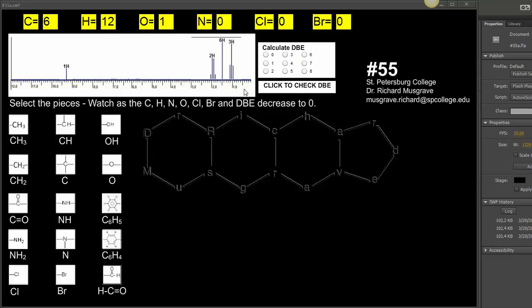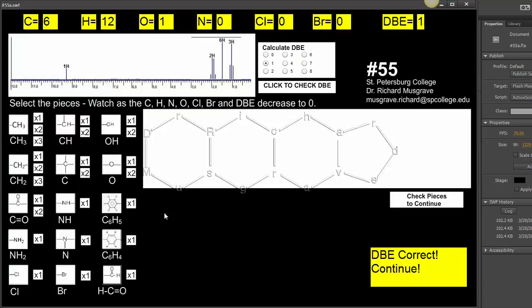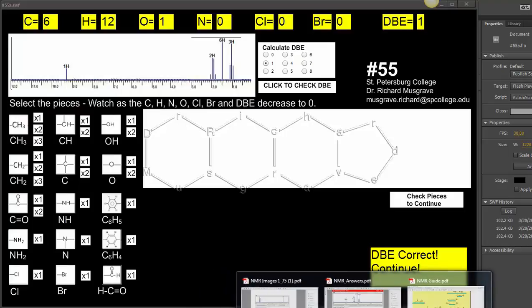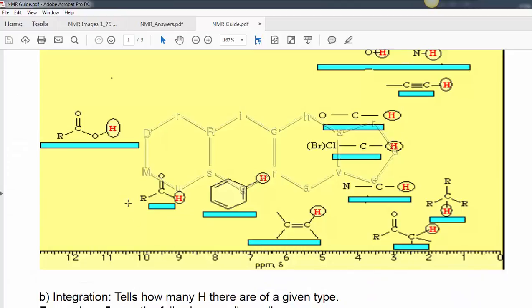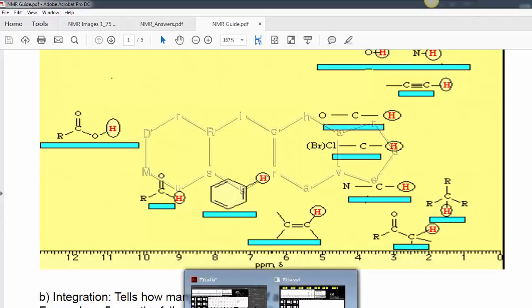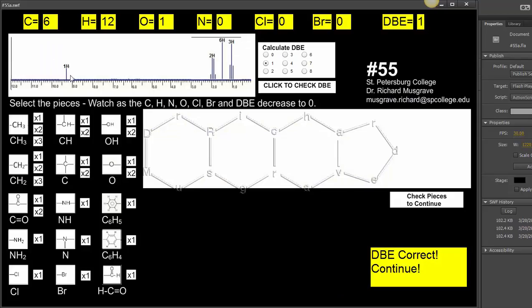This one is C6H12O. It has one double bond equivalent. We're looking at the pieces here. We see a 1H in the 9 to 10 region. Now that's usually going to indicate an aldehyde group because of where it is. But the other clue that it's an aldehyde group is also given by the fact that it's a single peak